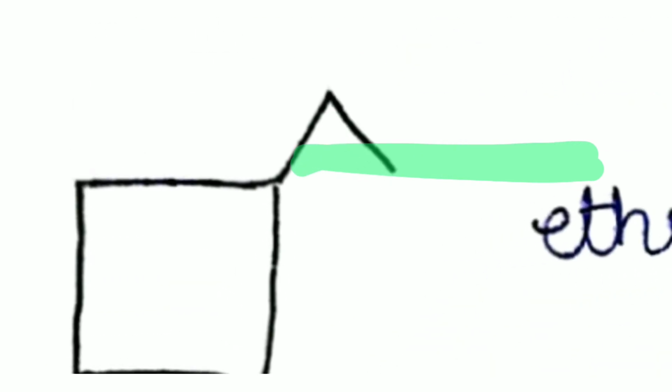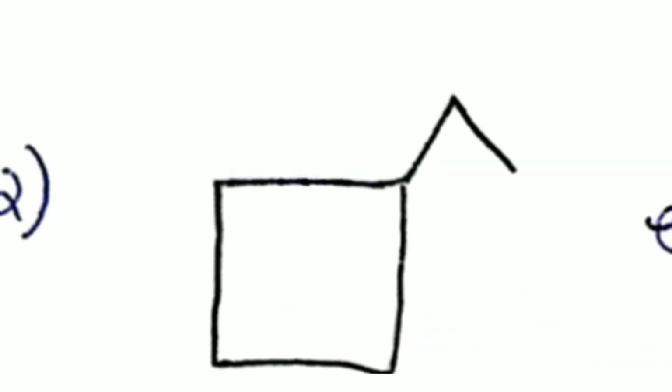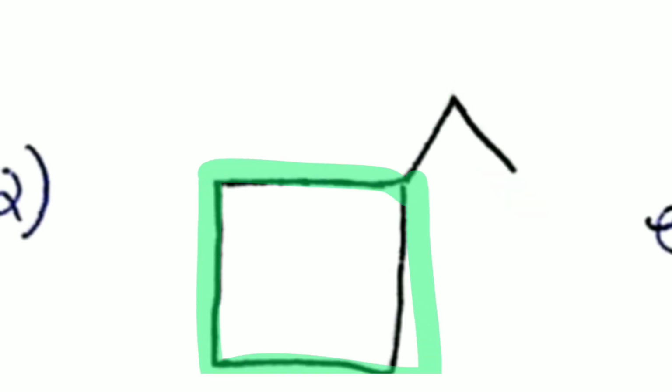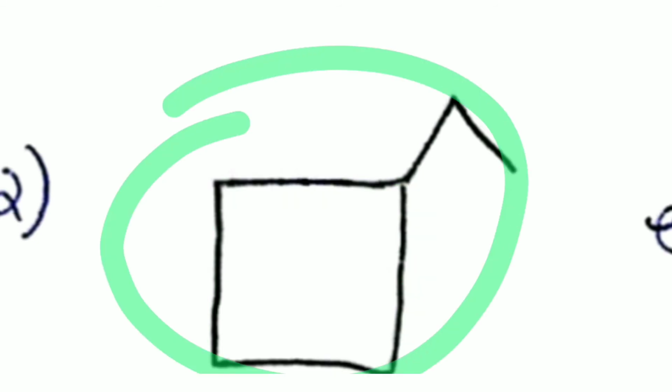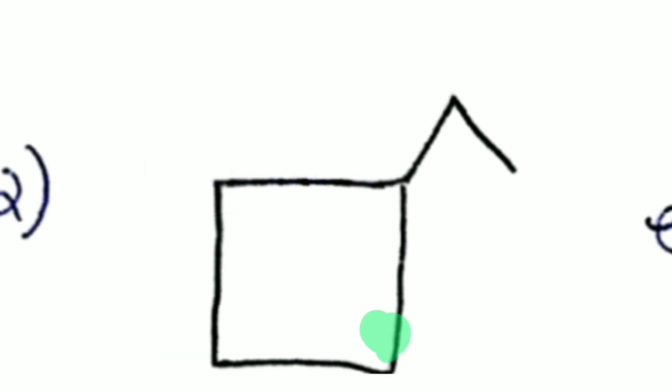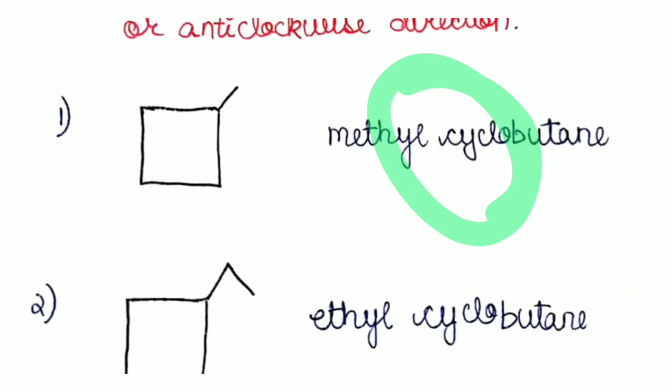Now what about this compound? This has a straight chain of 2 carbon atoms here and a cyclobutane-like structure here. So how are we going to name this compound? And what are we going to take as our principal carbon chain? Since this cyclo part of the compound has 4 carbon atoms and the straight chain part has only 2 carbon atoms, we'll select the cyclo part as our principal carbon chain. So then this will become our substituent. So what will we call it, guys? You're absolutely right. It will be called ethyl cyclobutane. That's the name of this compound, guys.